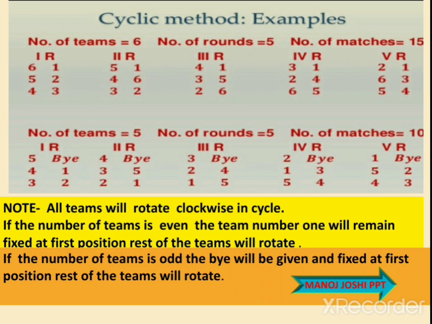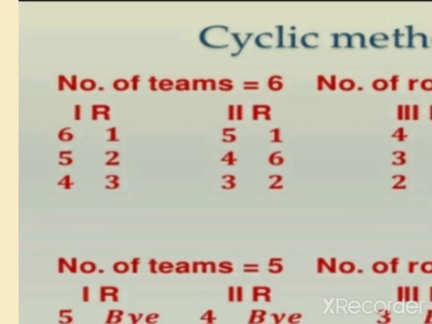So now we can make the fixture. In case of an odd number, we cannot make complete pairs. So that's why we add a bye at the first position, at the right side. So the bye will be fixed at the first position on the right hand side, on the top at the right hand side. So that's why we have written the first number as bye. Then we will write 1, 2. So including the bye, now we have 6 numbers. So that's why we can make 3 pairs. So bye 1, 2 and then 3, 4, 5. We can see here, this is the first round.